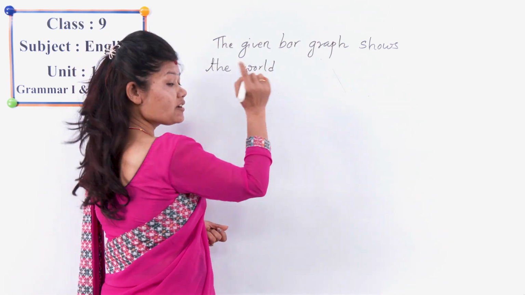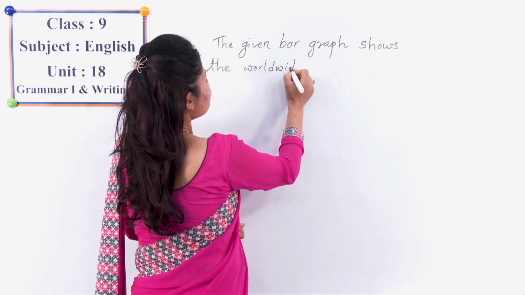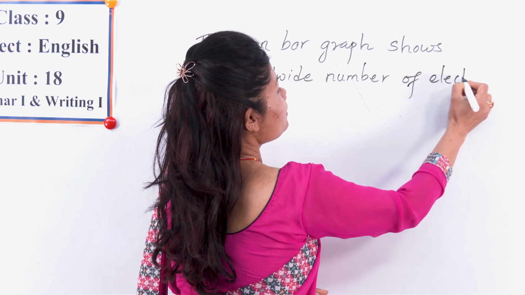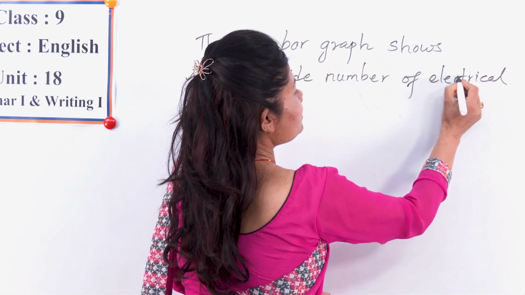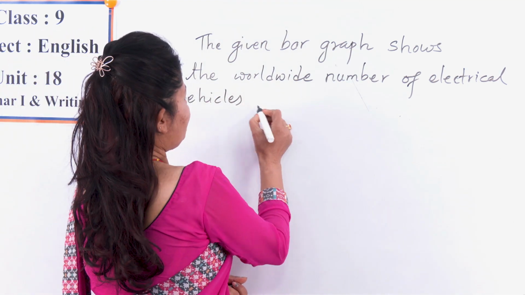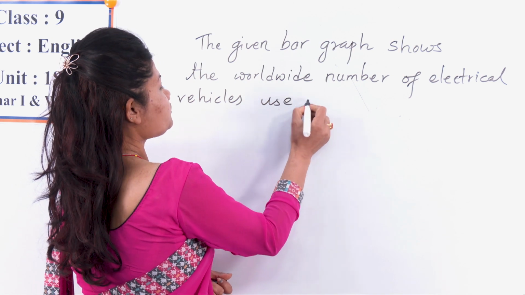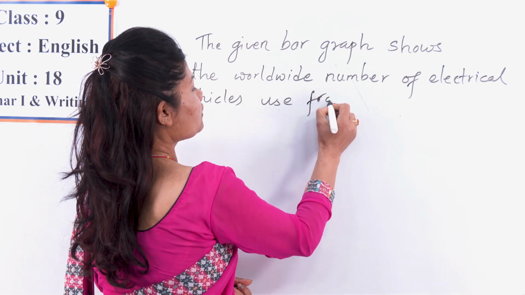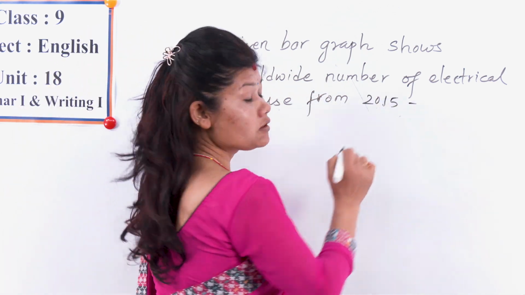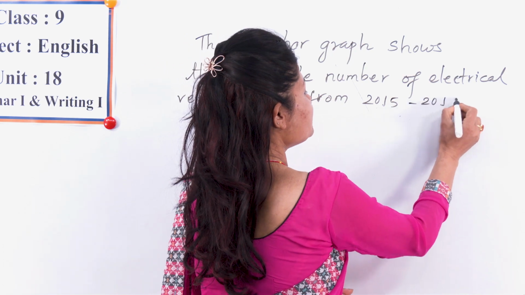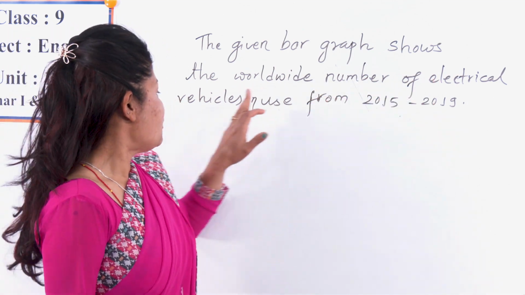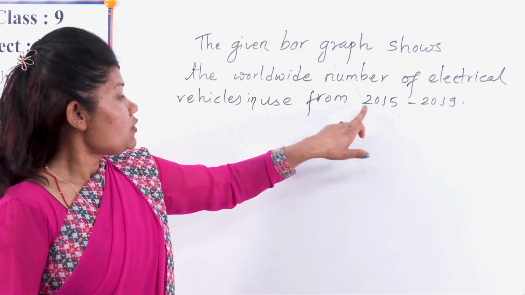Worldwide, what was there in question? You can look, worldwide number of electrical vehicles used from 2015 to which year? 2019. So, first sentence, yes, the given bar graph shows the worldwide number of electrical vehicles in use from 2015